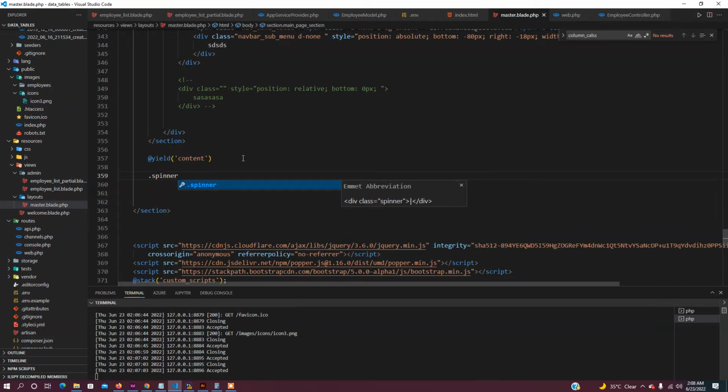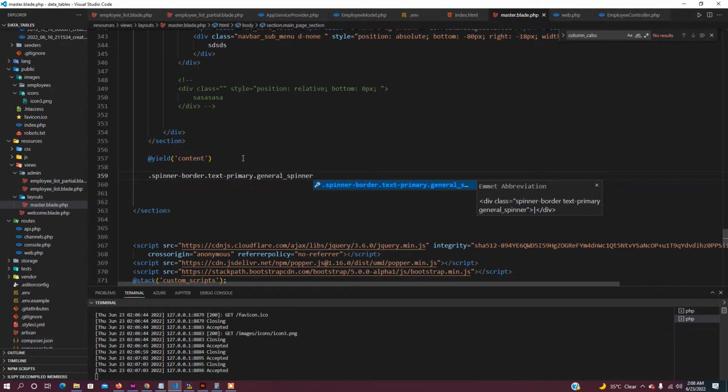It's from Bootstrap, and it's going to be a border spinner like that, and it's going to have text-primary, and then I'll add my custom class. I would call it general spinner like that,